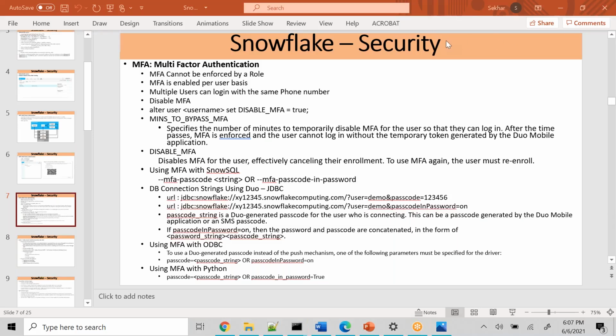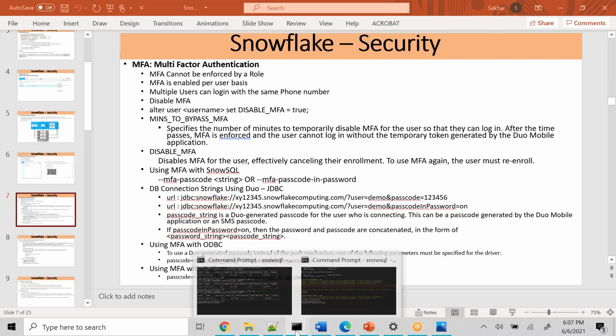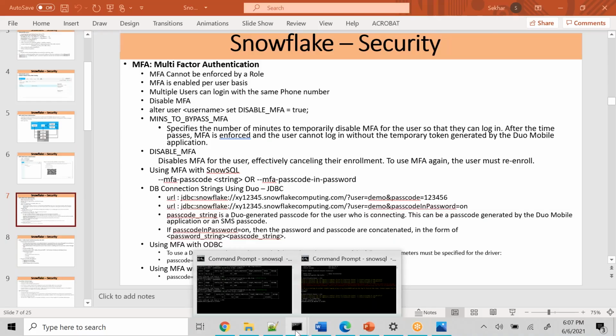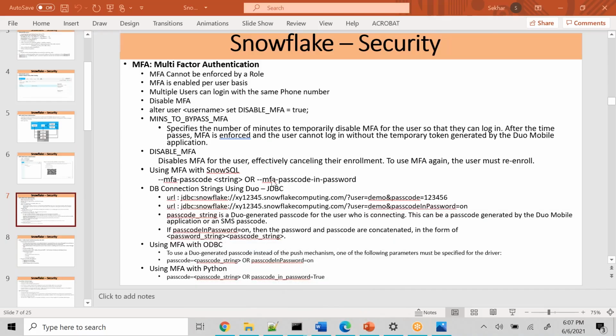Okay. And then, while connecting to SnowSQL, how did I connect to SnowSQL? I said -c dev, right? There itself I can use --mfa-passcode-in-password. That means you can enter your password joined with the passcode. Whatever password you have set up for your account, and then the passcode that you see,